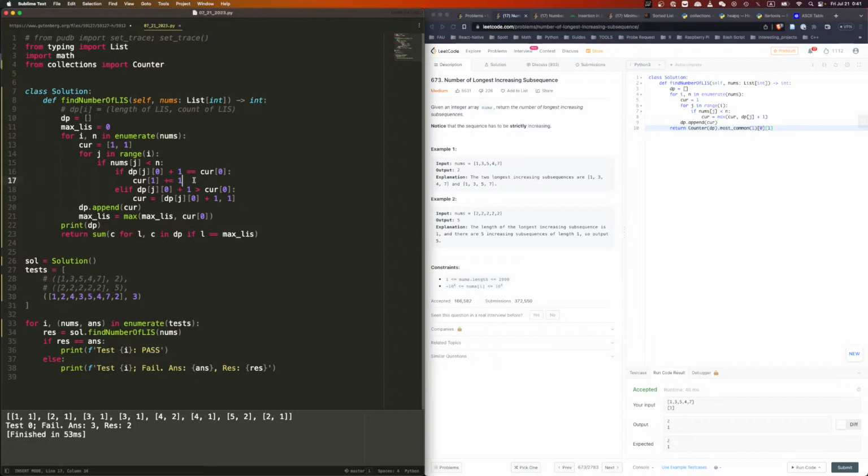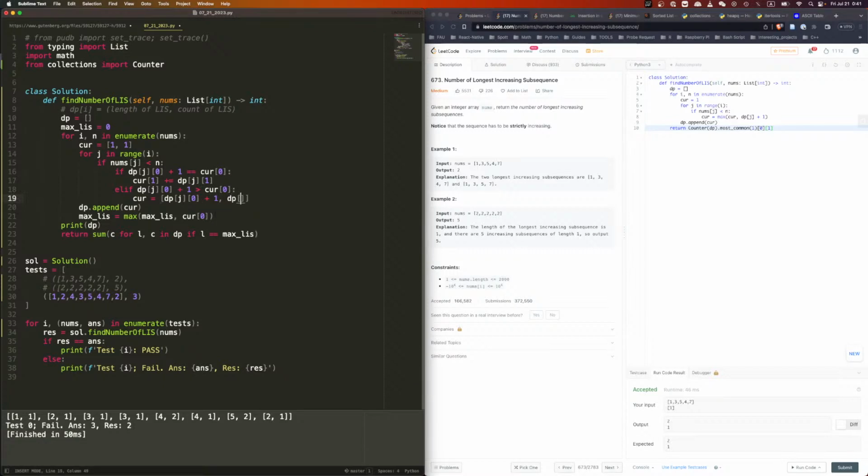Oh, it's not plus equal 1. It's a plus equal to dp j and 1. Well, first of all, this is dp j 1, right? Because you want to inherit whatever is there. And then if this is the case, that's not 1 because you're doing dp j.